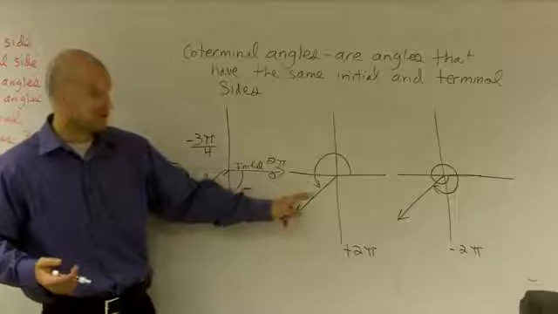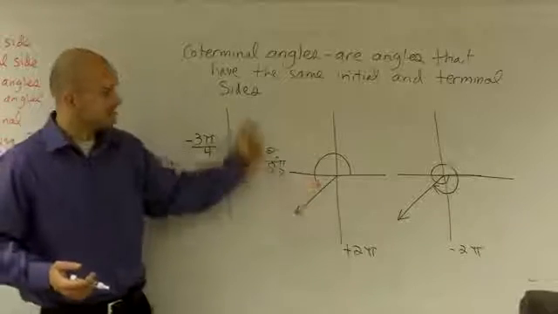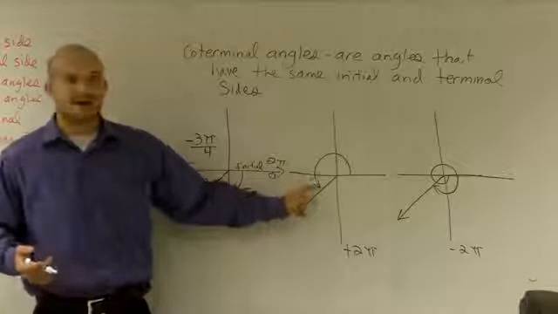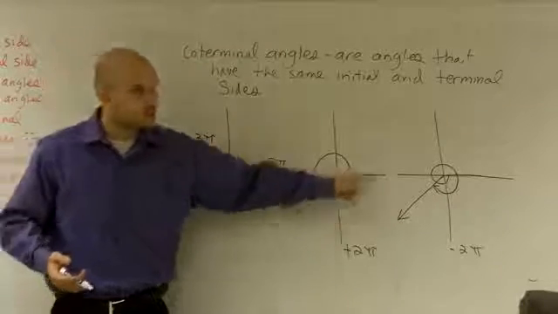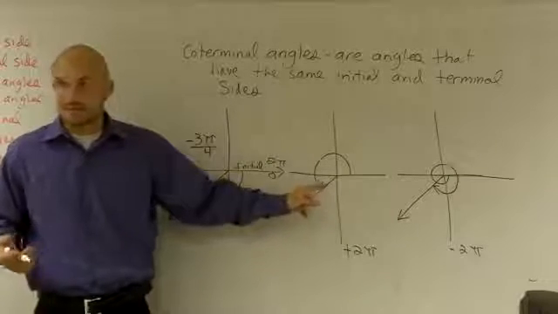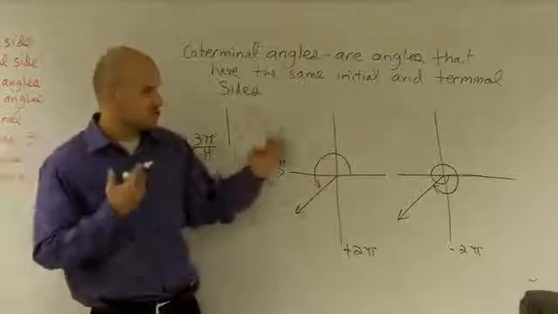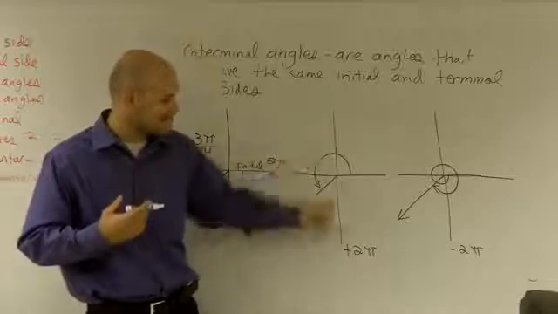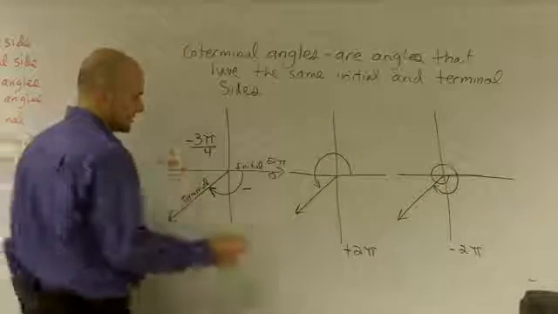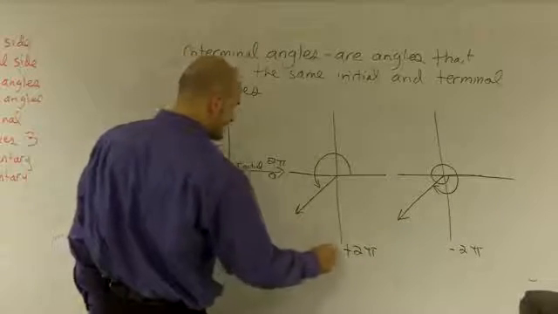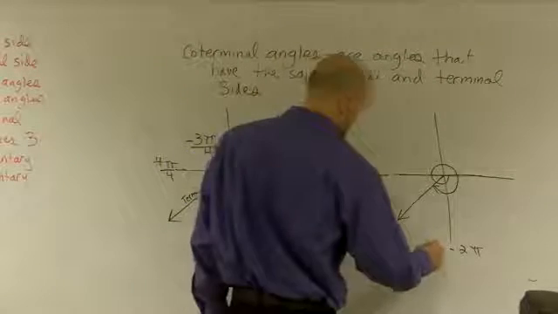If I'm here at my terminal side, if here's my angle, and I add 2 pi to it, I'm just going back around to that exact same spot. Do you see that? Or if I subtract 2 pi, it's still going to take me back to my original angle. So how we can find our two coterminal angles is to add 2 pi and subtract 2 pi. All you need to do is take your angle, which is negative 3 pi over 4, add 2 pi,